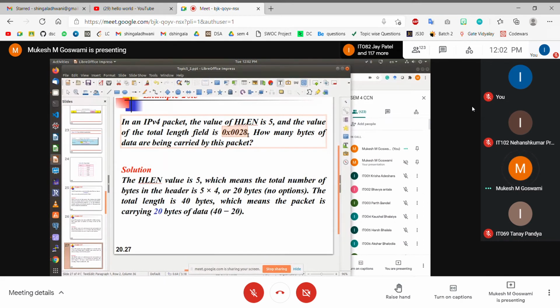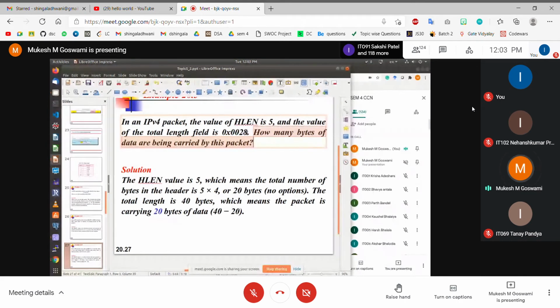So you have to understand whether the number given to you is in hex format, binary format, or decimal format. And then when you are computing, you have to convert all formats to decimal first, and then compute the value of H length, header, total length and so on. And then probably you can find the answer to the question, because we are asking how many bytes, in terms of a decimal number, are actually being carried by this particular packet. So we would like to know the number of data bytes which are carried by this particular packet.